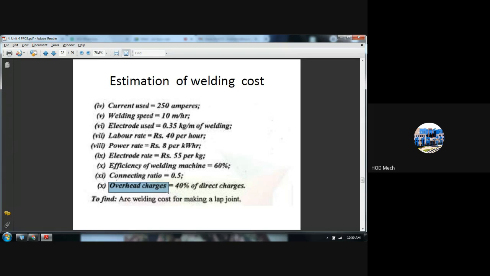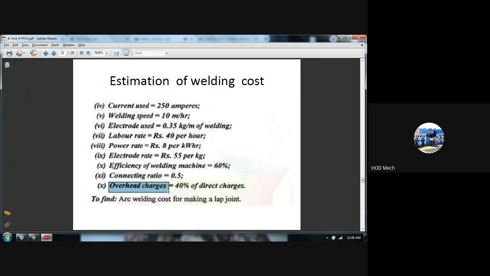You can assume the value from 35 to 45%. And of course, always remember, when certain values are not there, say for example efficiency of welding machine or overhead charges, that is an advantage for you. Why do I say advantage? If the problem itself gives efficiency of welding machine as 60% and overhead charges as 40%,